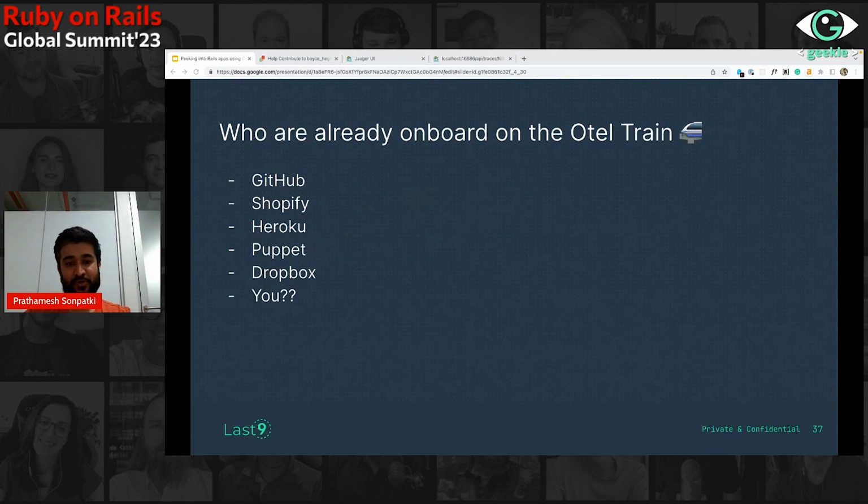Who is already using OpenTelemetry? GitHub, Shopify, Heroku, Puppet, Dropbox. They are already using OpenTelemetry. I hope that you got a good overview of OTel in this talk, and that you will also attempt to standardize the way you observe and make your apps reliable using